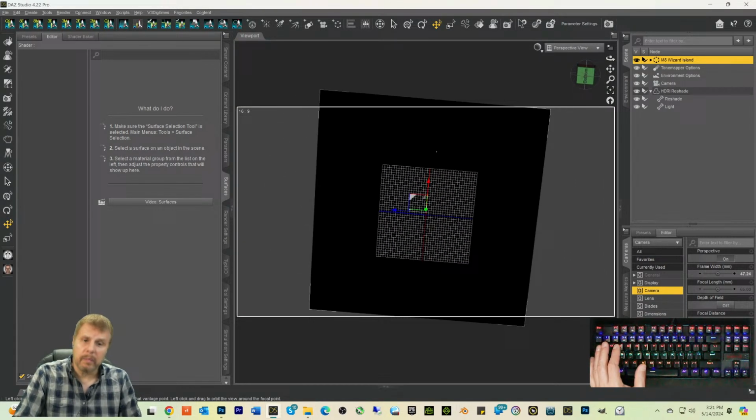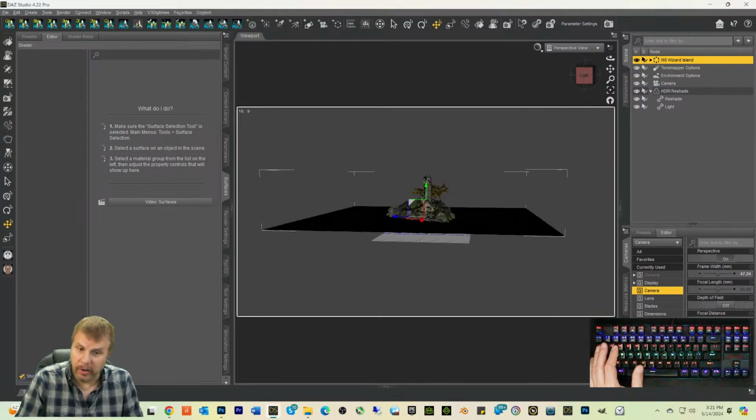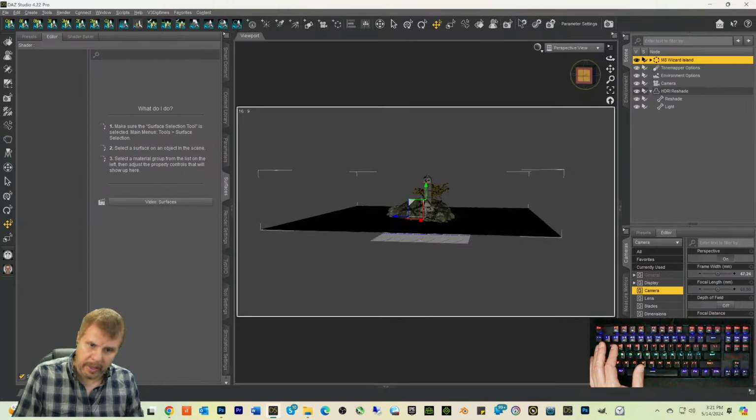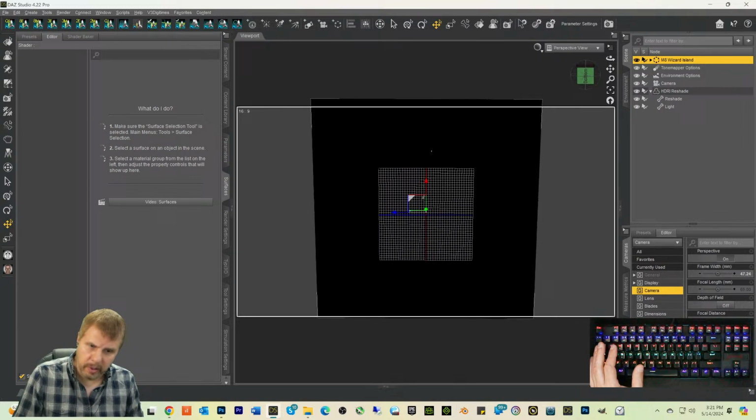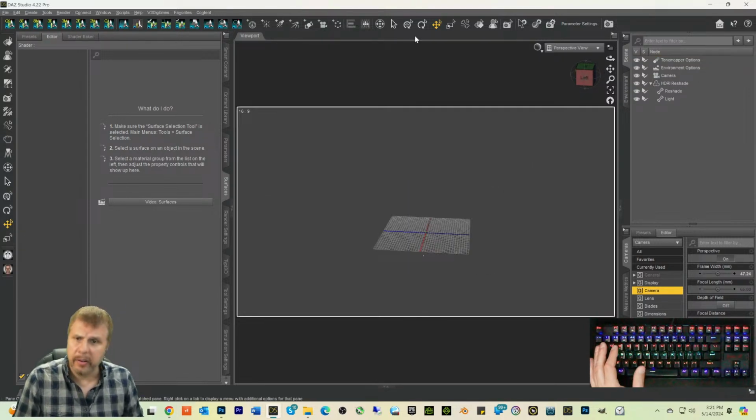So this Wizard Island is fairly large compared to the floor that we have that comes in Daz. It's a fairly large size, but we're going to delete this. Now let's put in,